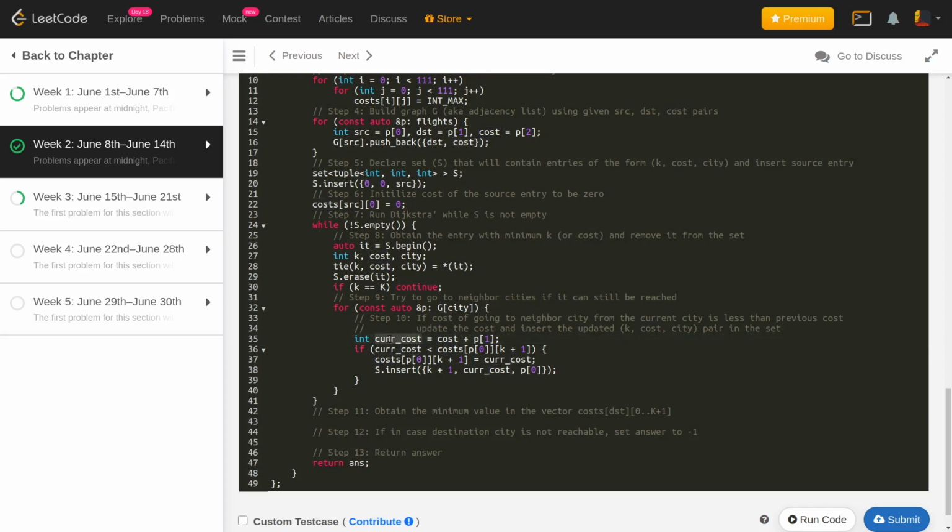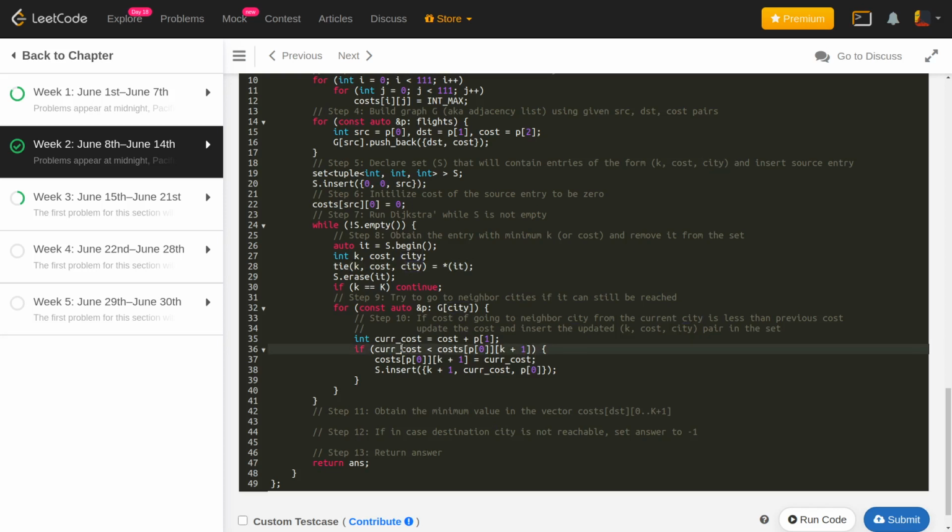Okay, so that's going to be my current cost. If the current cost is less than the previous cost that I already have for this particular city P of 0 and for the value that is k plus 1, because of course if I already have the value of k for this city, the value of k for the neighboring city is going to be k plus 1.